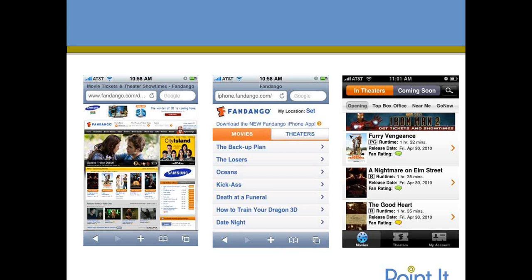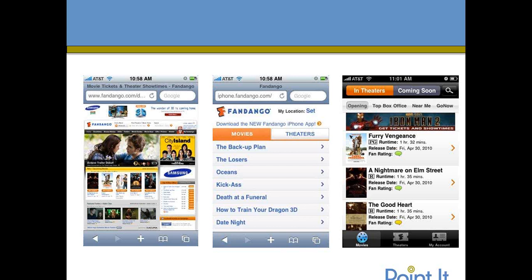This is really constrained. It's not incredibly usable. It's very image heavy. The text is very small. And devices like the iPhone and the Android will let you zoom in so you can make it usable. There's not a large barrier of entry, but as we know from traditional online advertising, you want to remove the barrier of entry as much as possible. So the middle option is the iPhone optimized landing page for Fandango.com. Much fewer, boy, that's a confusing way to phrase the sentence. There aren't a lot of images on this page, and the text that you've got here